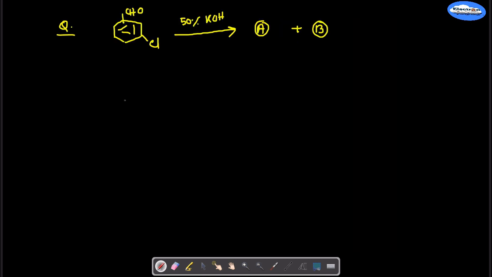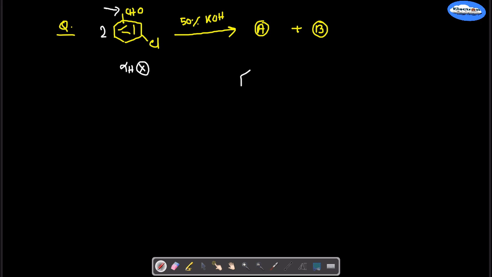Here in this reaction, the question says that metachlorobenzaldehyde is treated with 50% KOH. So this is also an example of Cannizzaro reaction. In this reaction, the compound is a bit different, but you can predict that Cannizzaro will happen, because in this compound no alpha hydrogen atom will be there, so it will respond in Cannizzaro reaction, and thus of the two molecules of metachlorobenzaldehyde,